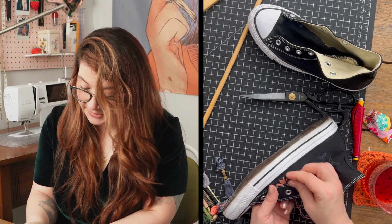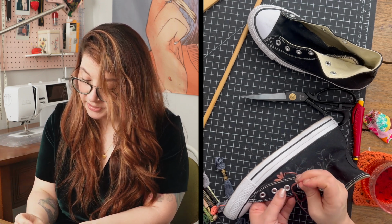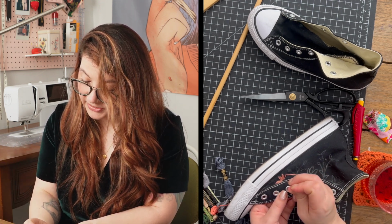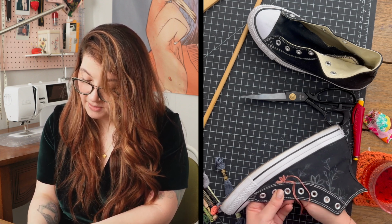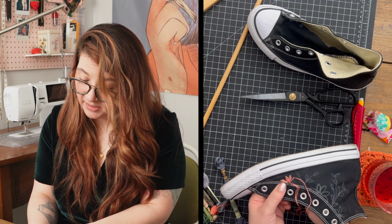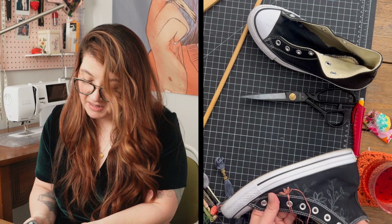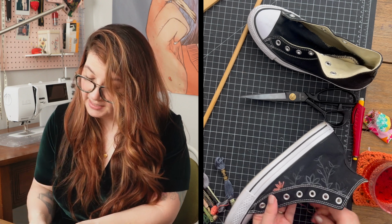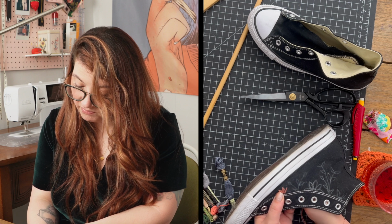Do some more flowers here. Basically, I'm not doing a tutorial because I just am self-taught. So these stitches might not be exactly what they are called. So I'm not going to throw you any lingo here at all. I'm just going to show you what I'm doing, and then you can join in or find